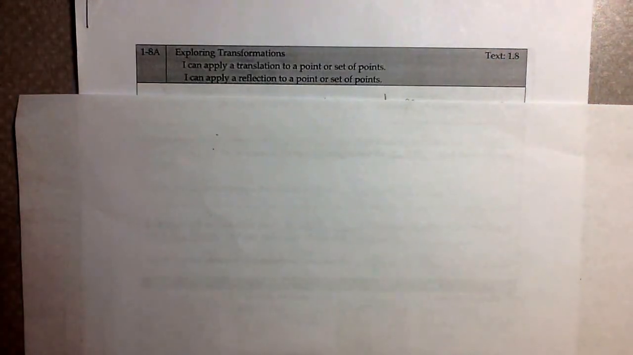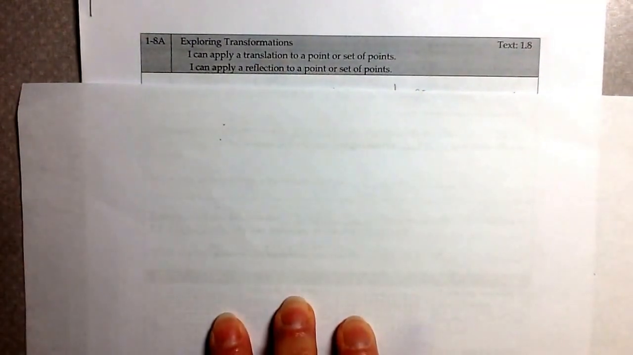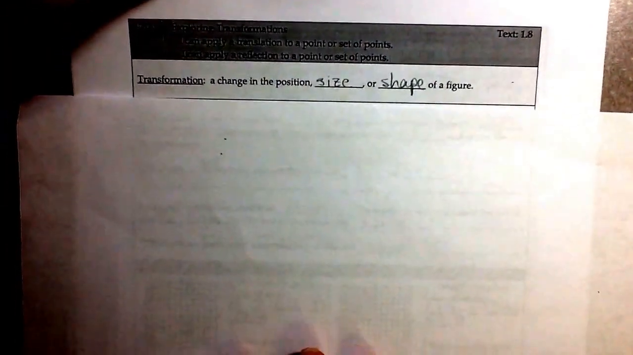Section 1.8 has to do with exploring transformations, and this should be a review from geometry. We're going to look at translations and reflections, so we want to be able to apply a translation or reflection to a point or sets of points. A transformation is a change in the position, the size, or shape of a figure, and a translation is a